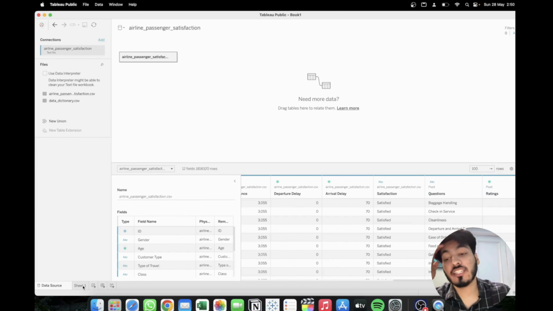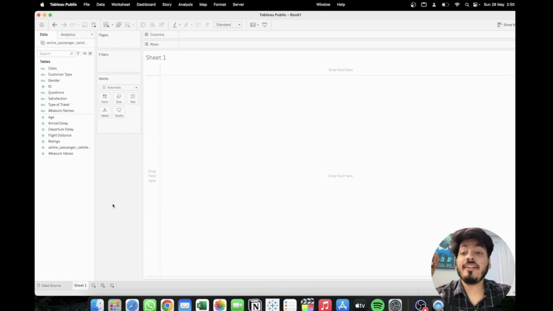Now let us move on to Sheet 1. In Tableau, it has considered the rating as a measure field, but we don't